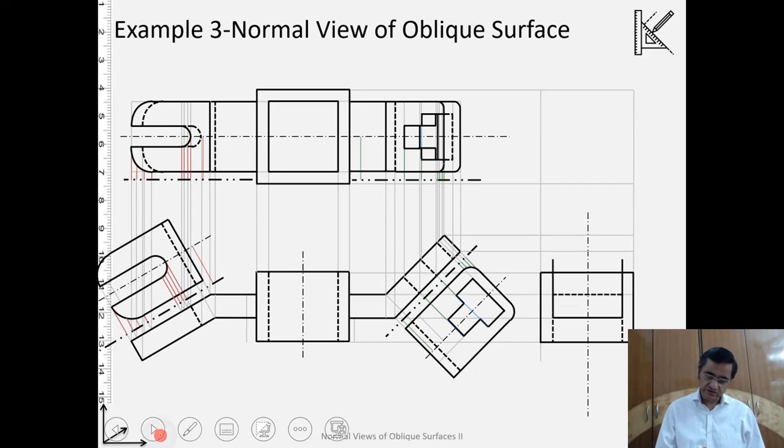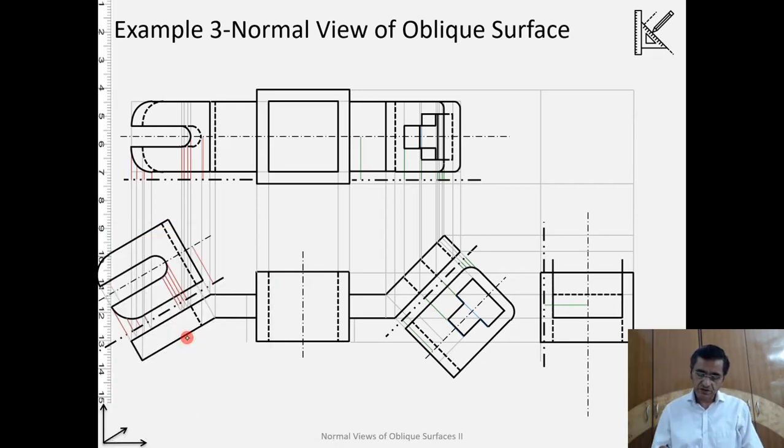So first the simpler parts, and then using this I'm locating the hinge line, okay, as per the distance here. And once this is done, we'll follow the procedure that we have learned, and using that procedure we can create the profile view of the object. So we will create the profile view first for this side and then for this side. Of course we have to be very careful about the visibility part. What will be visible to us, we have to be very careful about that. So this you will learn more by doing this exercise.